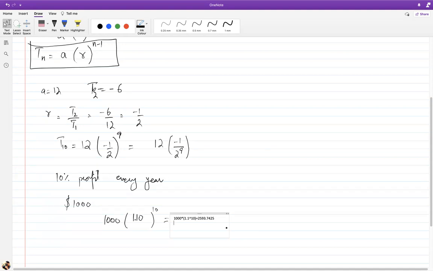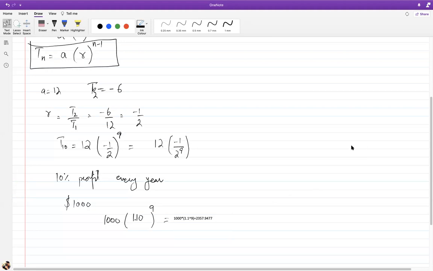Sir, I have a question. What's the question? Isn't 10 supposed to be 9? Because you said after 10 years... I basically found the total amount after 10 years, after 11 years. So I should put 9 in there because, as you say, you're absolutely right. We are investing it for 10 years, so the first year won't be in it. So there you go. Anaya wrote something in the chat box.